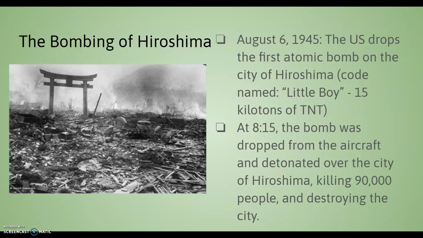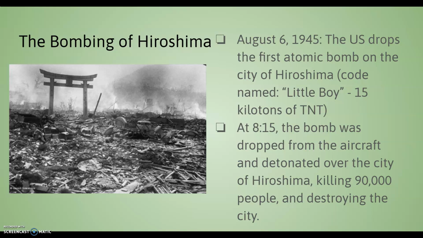You need to surrender. You need to convince your emperor and your military leaders to surrender to end the war. And at first people were like, nah, that's crazy talk. And so on August 6, 1945, the U.S. drops the first atomic bomb on the city of Hiroshima. This was codenamed Little Boy, and it was a 15 kiloton weapon. So basically it was the equivalent of 15,000 tons of dynamite.